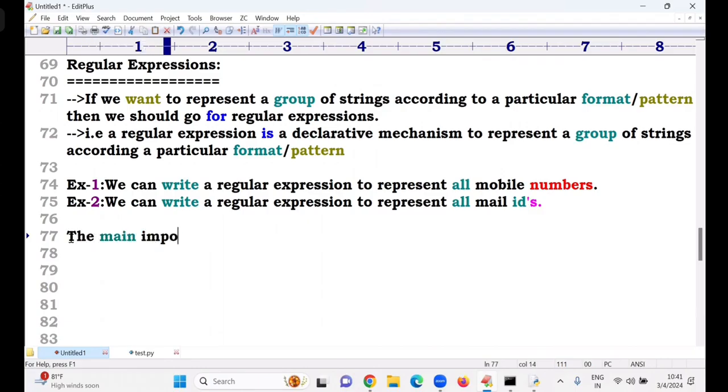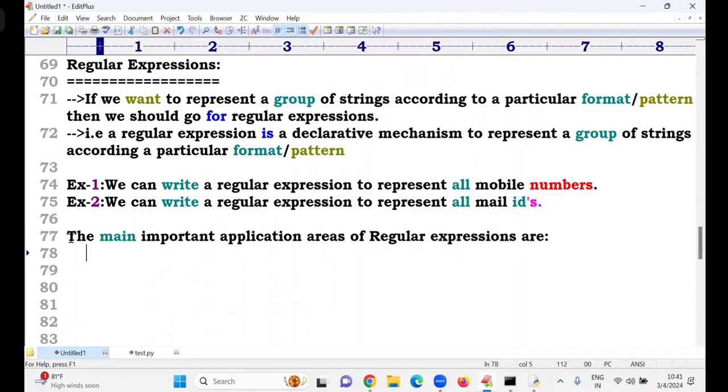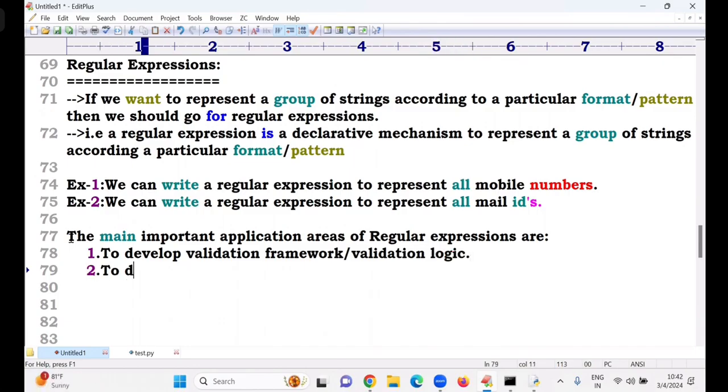The main important application areas of regular expressions are to develop validation frameworks or validation logics, to develop pattern matching applications like Control F in Windows,